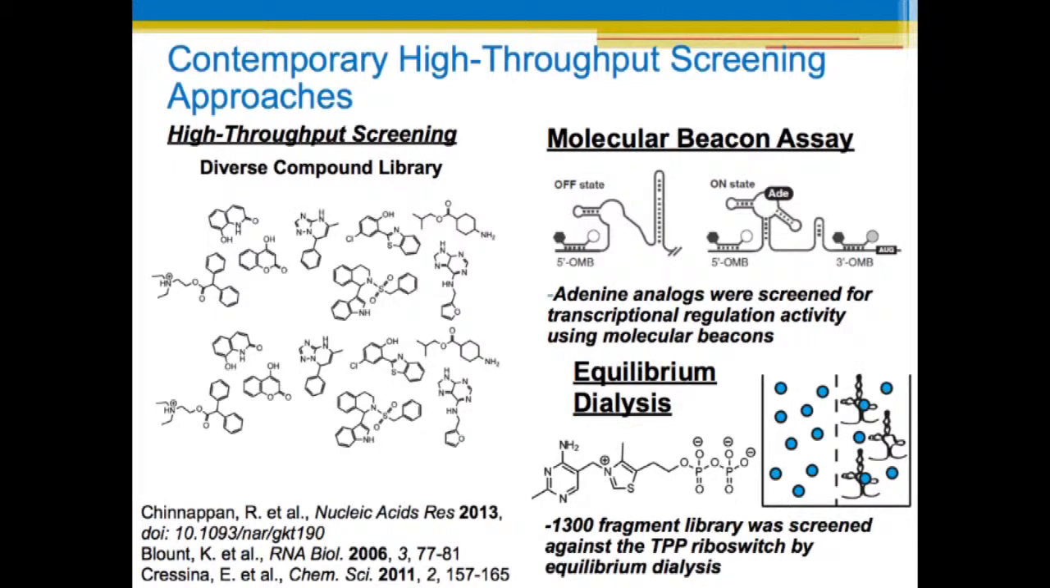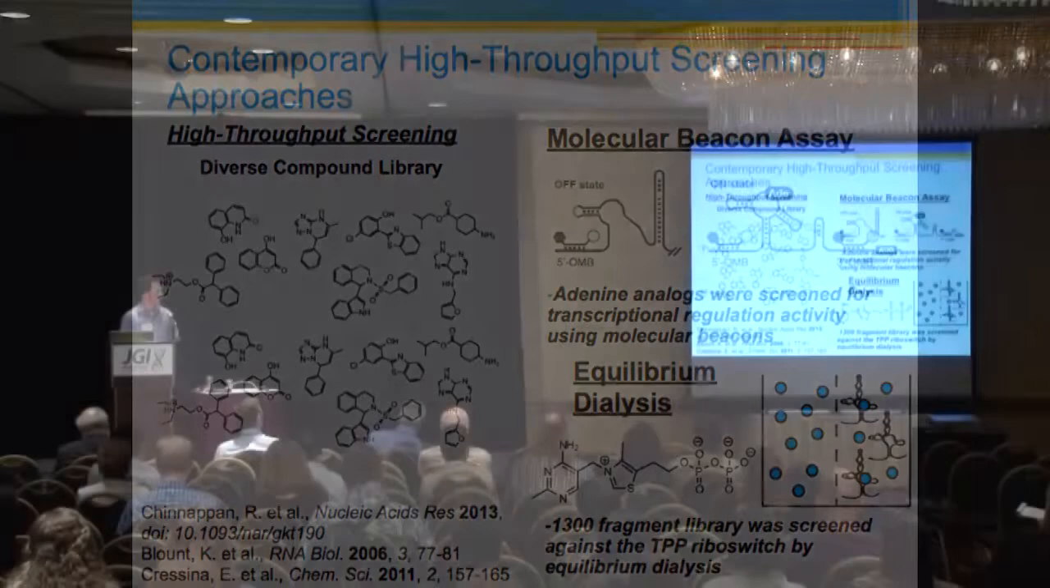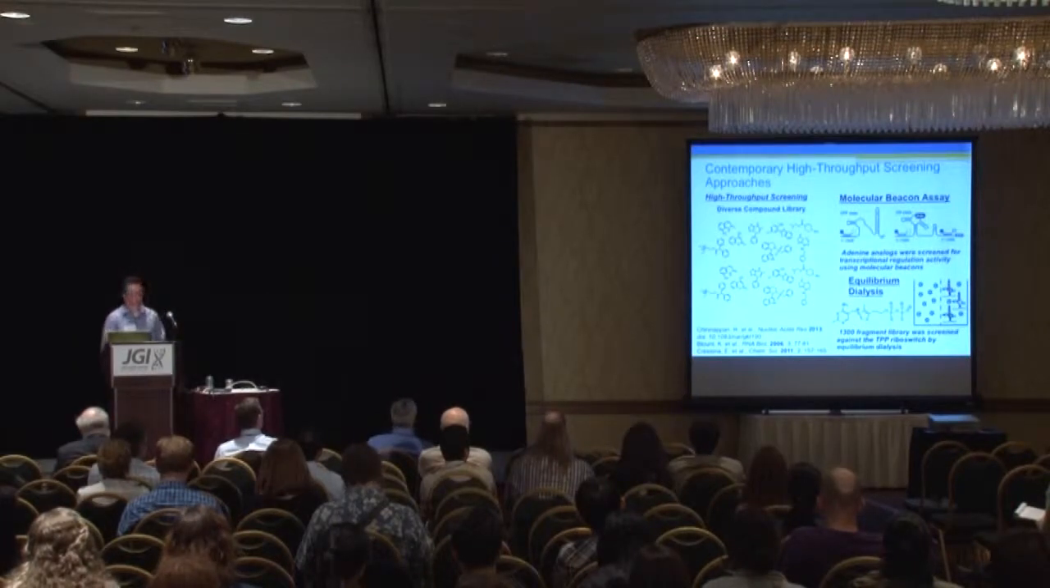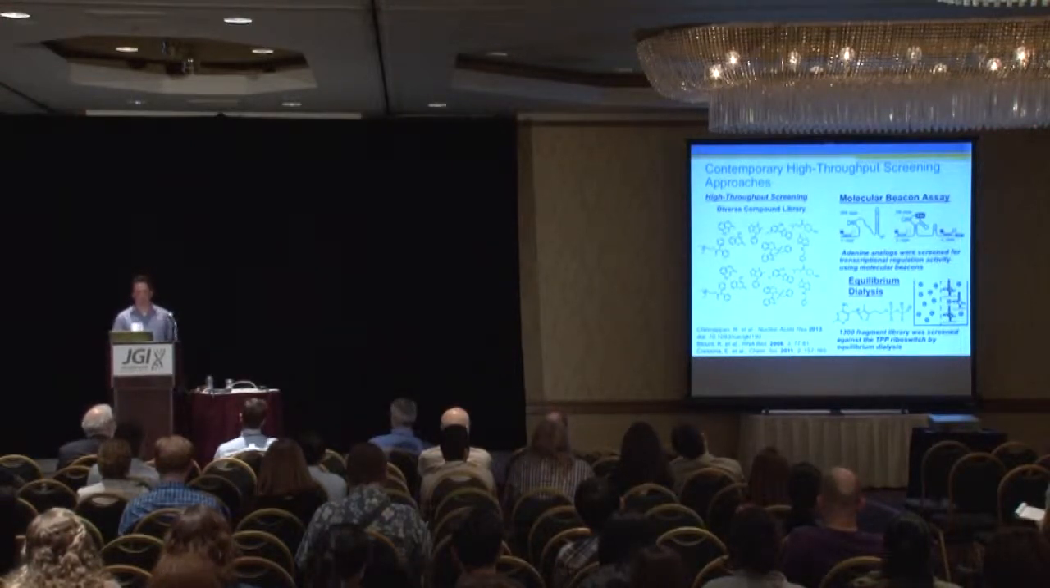So for example, a molecular beacon assay was developed for targeting adenine riboswitches, which is based on transcriptional read-through of this riboswitch. And this has been used to screen adenine analogs for the adenine riboswitch. And also an equilibrium dialysis method has been employed to screen the TPP riboswitch, screening a fragment library against this riboswitch sequence. But there's a lot of work to be done in this area,